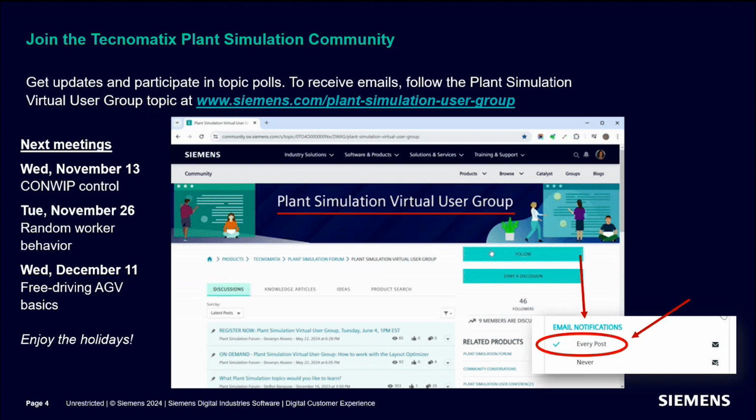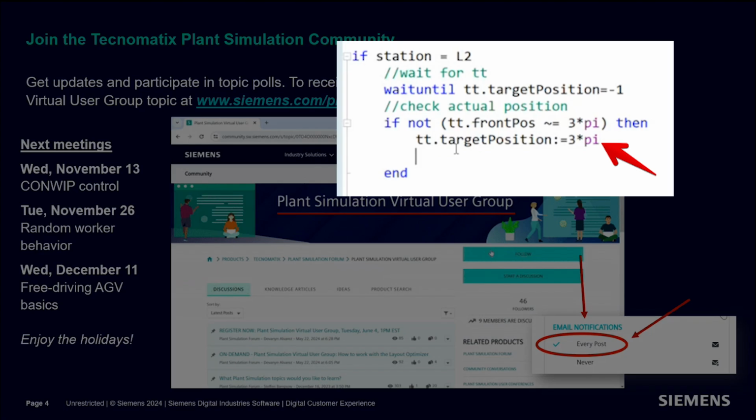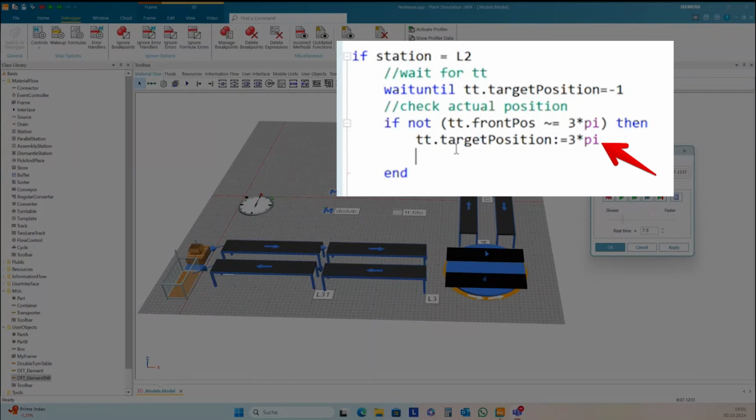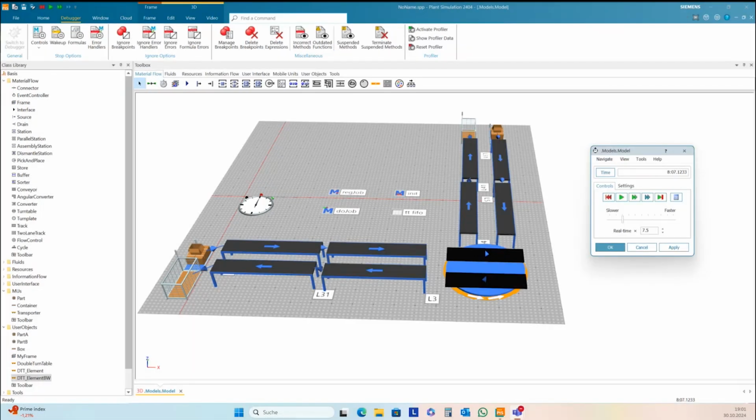So Stefan, if you want to steal the screen back, someone was asking, what did the pi variable stand for? Maybe you can show them in the software. Oh, pi, it's just 3.14 and so on. It's the variable pi. You need it for the math in triangles and to calculate the circumference of a circle. It's a constant.